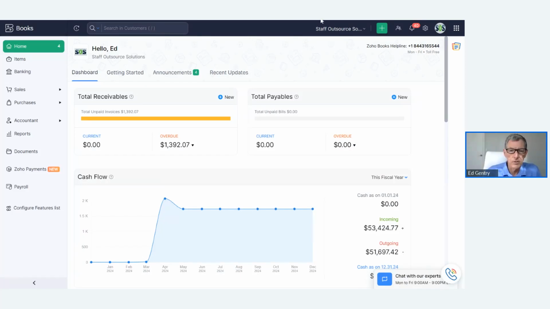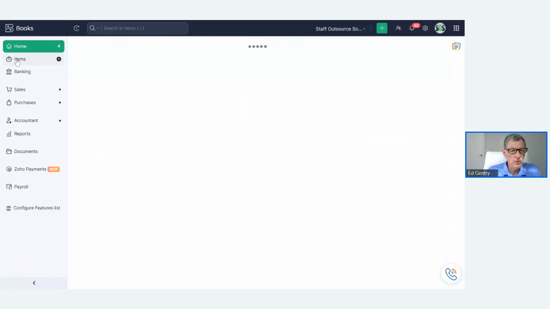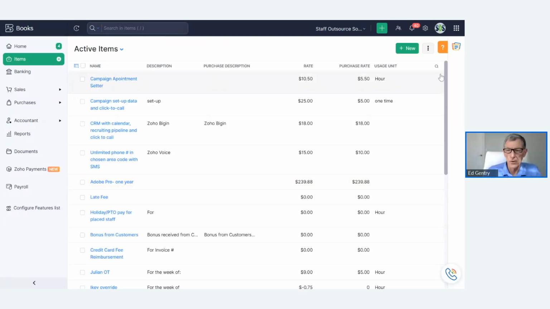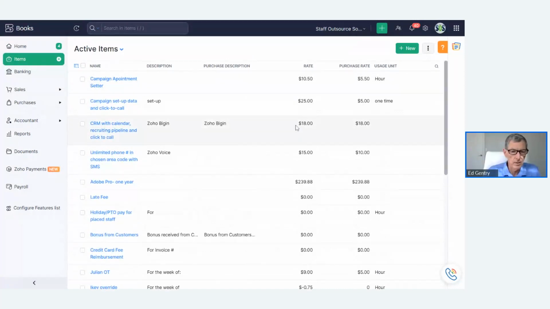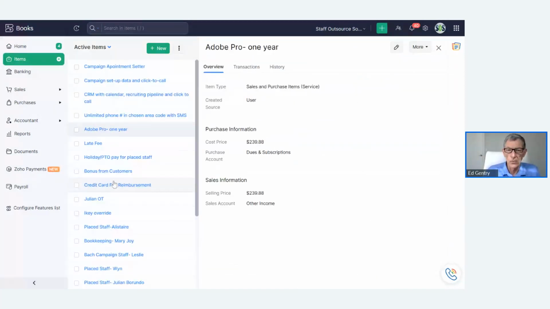Where I am now is the dashboard, the home page, but there are a couple of components to using invoicing. First, you want to set up your items. So in here, you would list various items that you were going to be invoicing for, and you have the